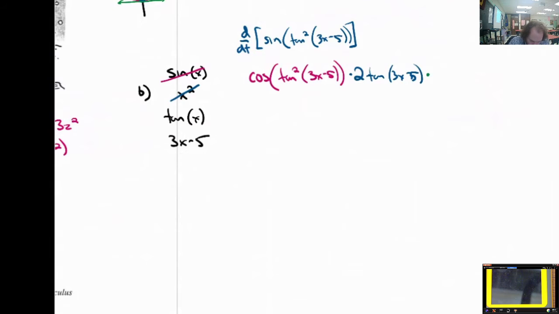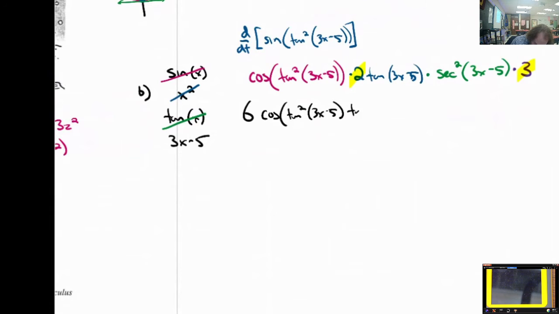Now we're going to multiply by the derivative of the tangent, which is the secant squared of the 3x minus 5. So that's done. And then we finally multiply by the derivative of 3x minus 5, which is 3. As far as cleaning this up, the only thing I see that really combines in any meaningful way is the 2 times 3, which is 6. So the cleanest way I could write this is 6 times the cosine of tangent squared of 3x minus 5